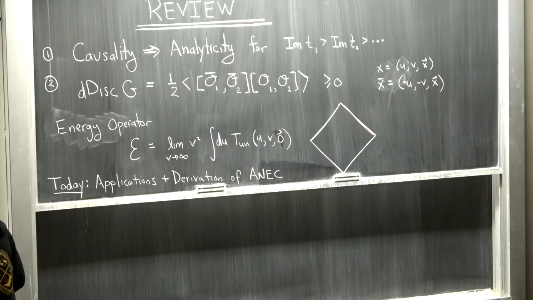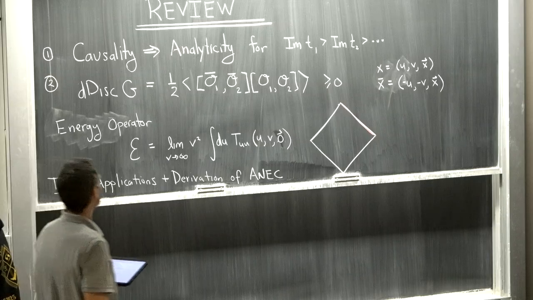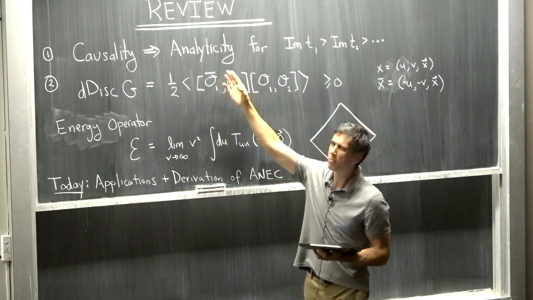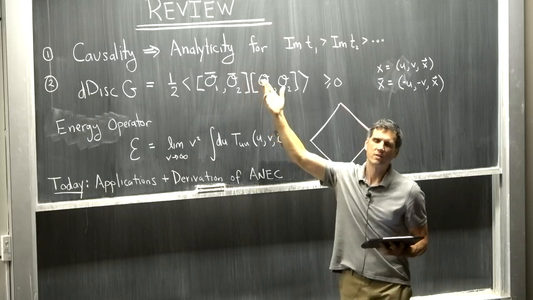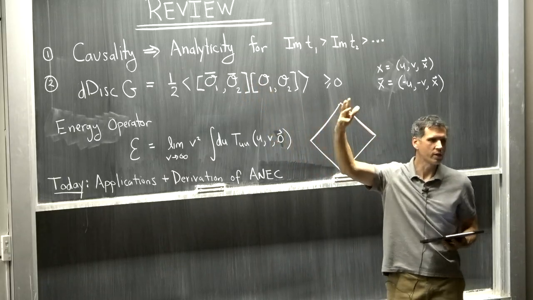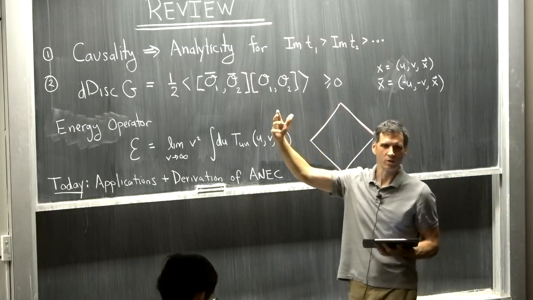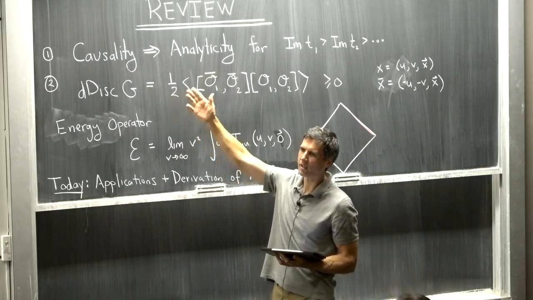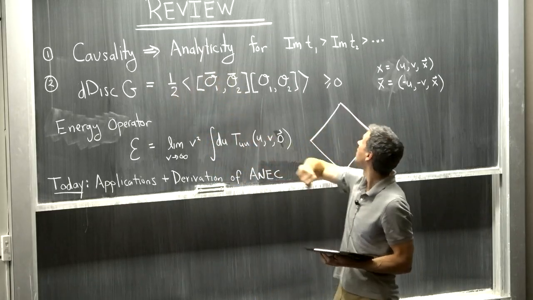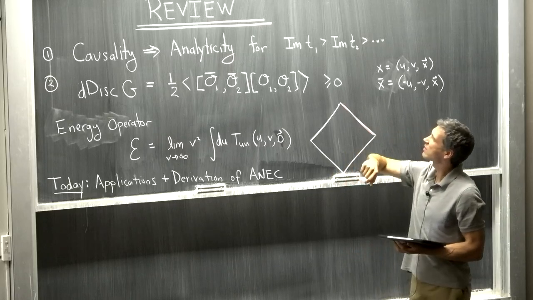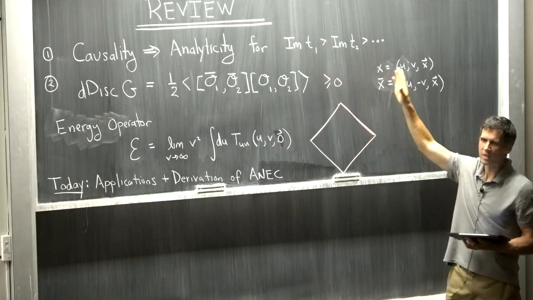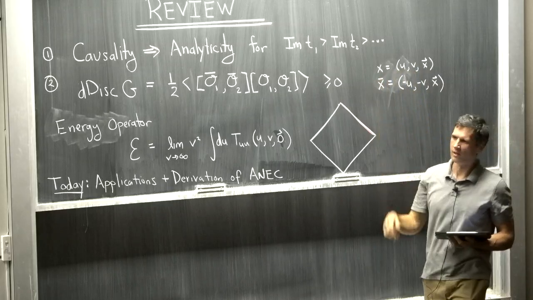All right, quick review. So causality in position space correlators shows up as analyticity because commutators have to vanish, and commutators come from the discontinuity across branch cuts. Okay, so causality is very directly related to analyticity in position space. And in particular, it tells you that correlators are analytic as long as you maintain a hierarchy in the imaginary part of the times.